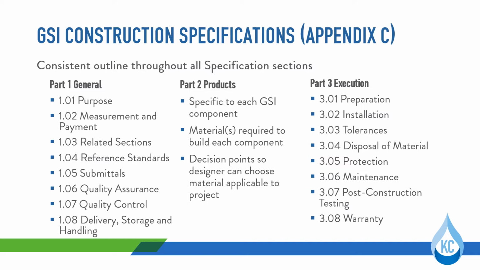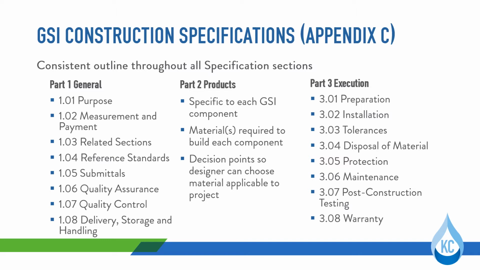Part 1, General, focuses on the pre-construction considerations like submittals, QA/QC, and storage and handling procedures. Part 2, Products, covers the materials required to build each component, allowing the designer to use decision points to remove any non-applicable materials. This part is unique to each specification. Part 3, Execution, includes requirements related to actual construction of the component, as well as required maintenance, post-construction testing, and